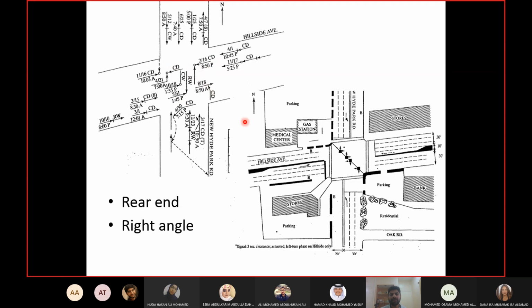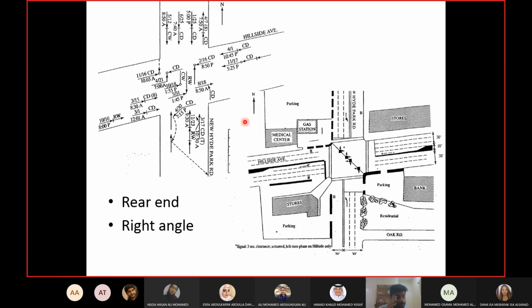Now, what can make one driver enter the intersection where there's already somebody there? I already gave the answer. The answer is he has the green. Now, why should that driver have the green when there's somebody already in the intersection? What do we provide for the driver who is in the intersection to clear it? We provide the all red interval, right? If you remember, clearance interval or all red interval.